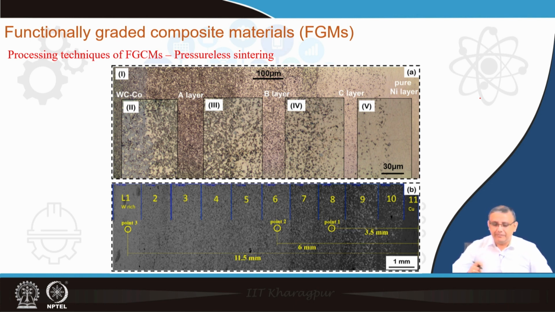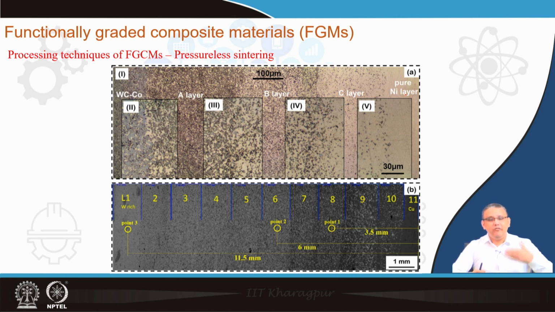Again you can see the gradation in the structure is very clearly visible. On the right hand side you have a pure nickel layer. The aim was that, as you know, nickel is much more ductile because it is FCC in nature, it is a soft material. But as we go to harder materials like the cemented carbides, like tungsten carbide cobalt, this is a much harder layer, but because we are joining them by pressureless sintering and the layers were put one above another before the sintering process,